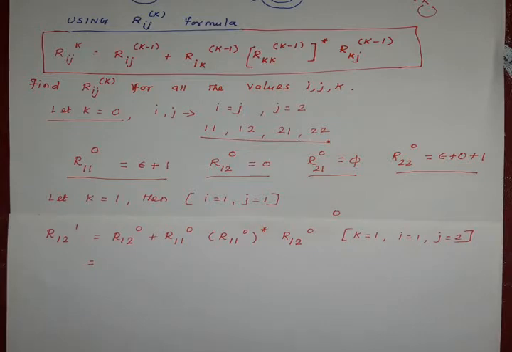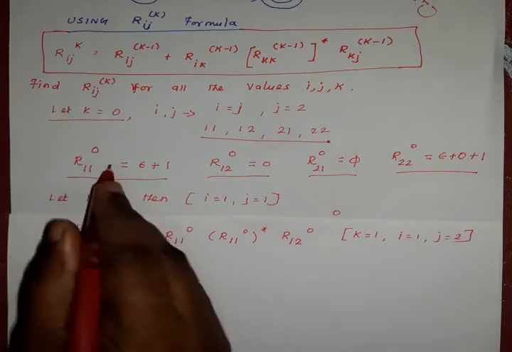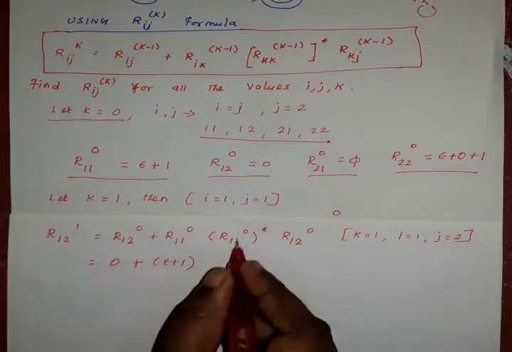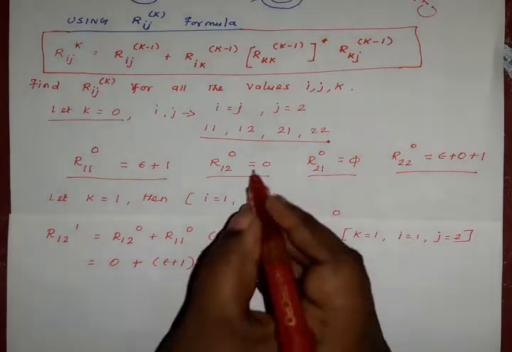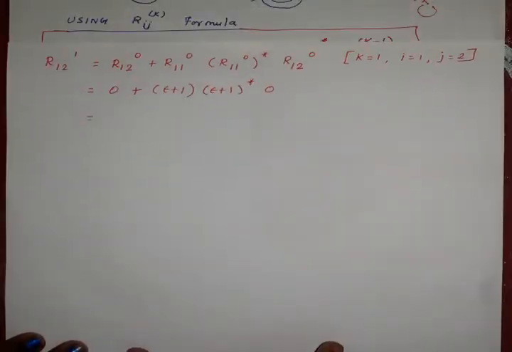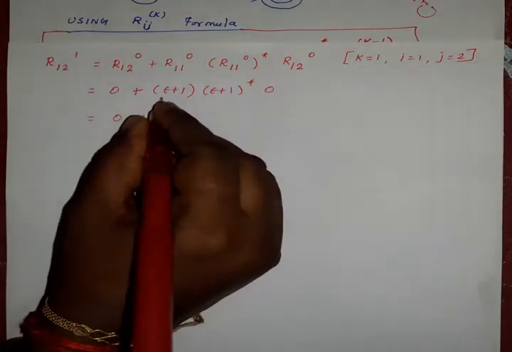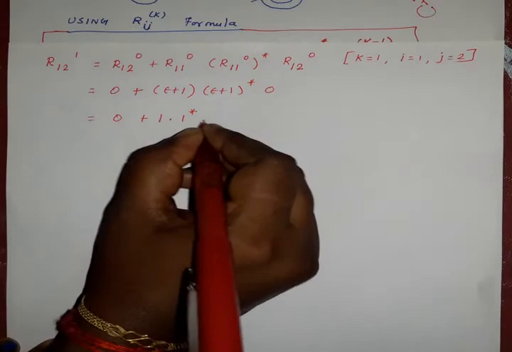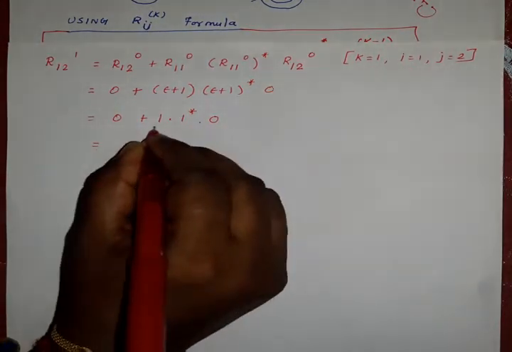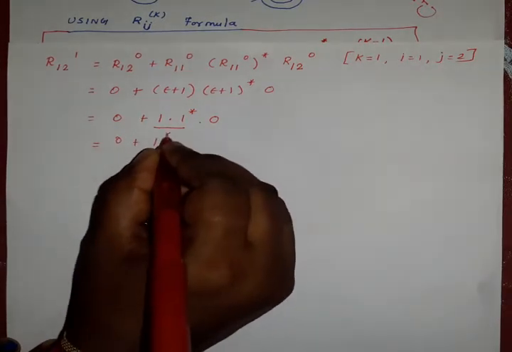So we can easily write these values from the above derived regular expression value. So for R12 power 0 the value is 0, plus R11 power 0 the value is epsilon plus 1, and R11 power 0 the same value epsilon plus 1, the whole star. R12 power 0, the result is 0. So now we can easily simplify. So the same 0 value, and already I said epsilon plus 1 is 1, and epsilon plus 1 whole star is 1 star. Here the result is 0. So the same 1 and 1 concatenation gives 1 star, the result is 1 star 0.